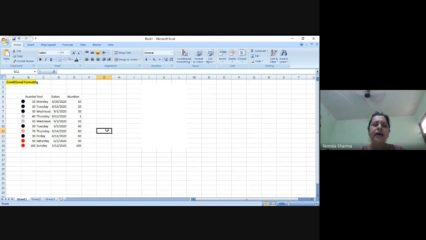So over here, as per the definition in the formatting, it is showing 10, 20, 30 are blacklisted. People who are at 90 and 100, they are okay. 70 are also okay. 40, 50 are gray, that means they are in the medium range. So depending on the interpretation of the color or the symbol that you want to use, you can use them and make your data more presentable.